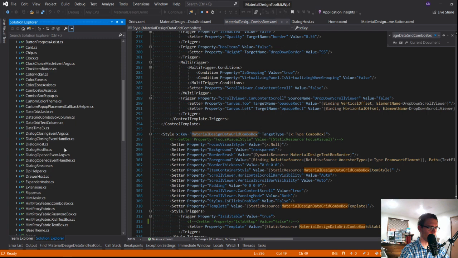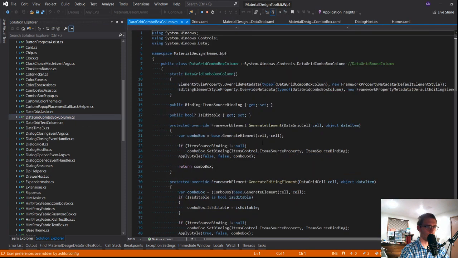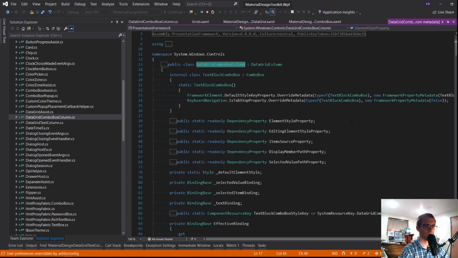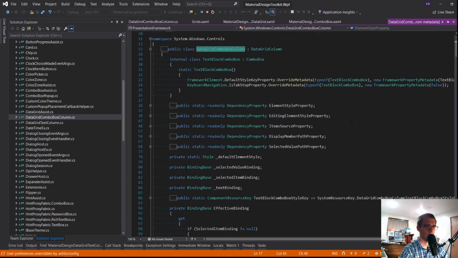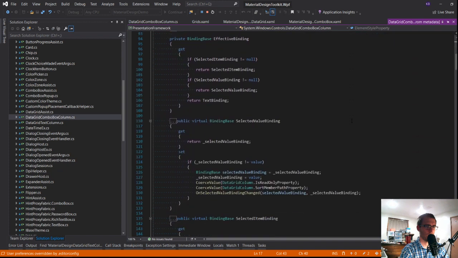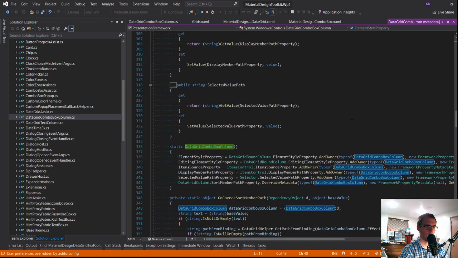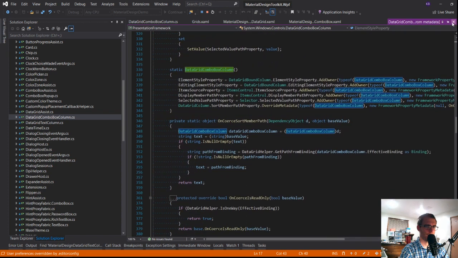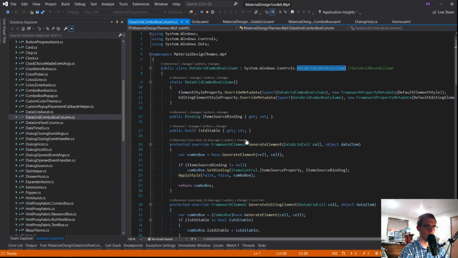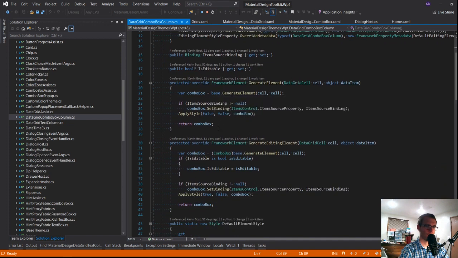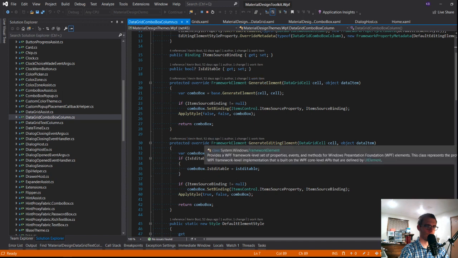Let's see. Data grid Combobox column. And okay, so it's deriving from that one. Generate element.